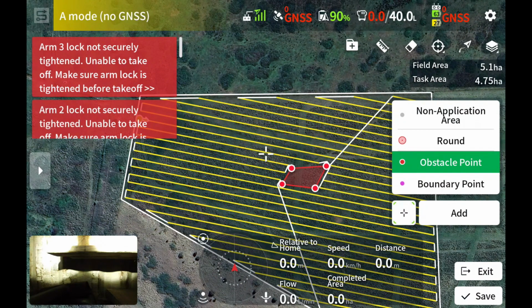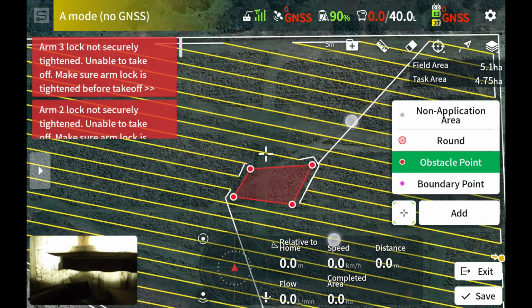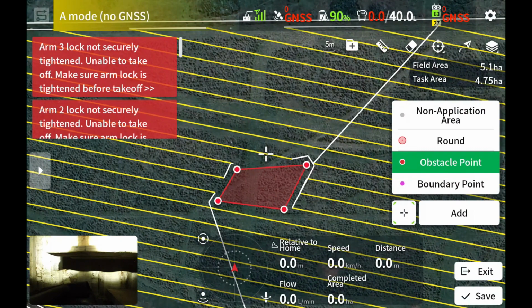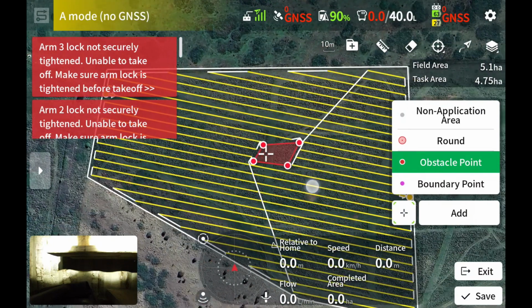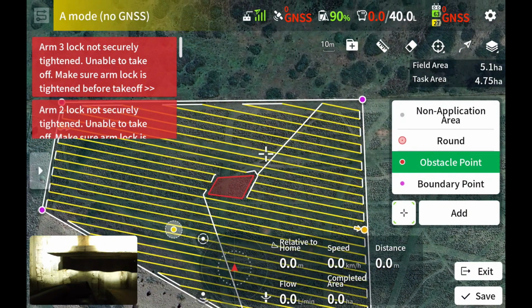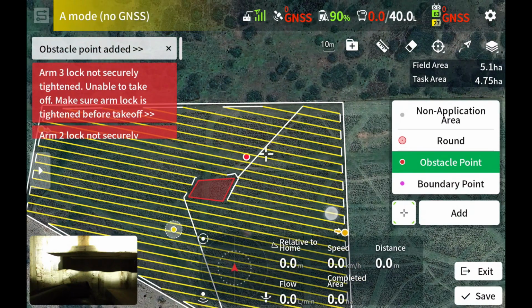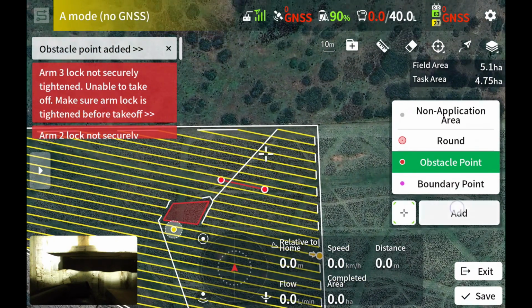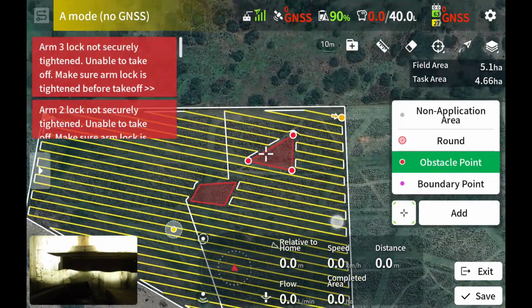When you're doing obstacles, remember that an obstacle is a point that the aircraft will avoid. So the aircraft will not fly anywhere near that selected area, which is red. So in some applications where you don't want to get the inefficiencies that you can see here, well, let's make it a little bit more complicated just for fun. Let's put another obstacle in like this. And you'll start to see